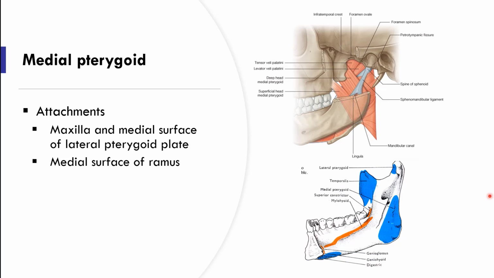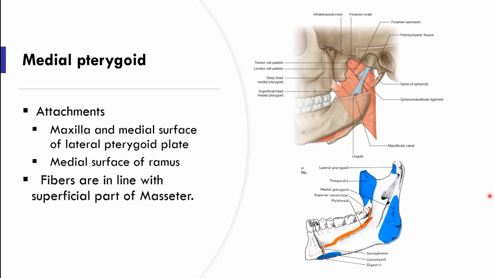You can see this muscle has fibers which are in the same direction as the masseter, that too the superficial part of the masseter, which were running like this from the zygomatic arch to the outer surface of the ramus. So because of this, this is also having the action of protraction along with the elevation, and alternate contraction of the left-sided and right-sided superficial part of the masseter and medial pterygoid will do side-to-side movements of the mandible. That is, the chin is moving from one side to the other, which happens in grinding movements.